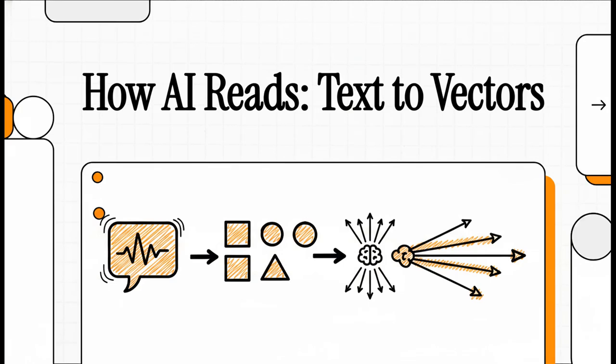Ever wonder how a machine, a thing of pure logic and math, can possibly understand something as nuanced and, well, messy as human language? It's one of the biggest questions in AI, and today we're going to break it all down. By the end of this, you'll see language in a whole new way, I promise.